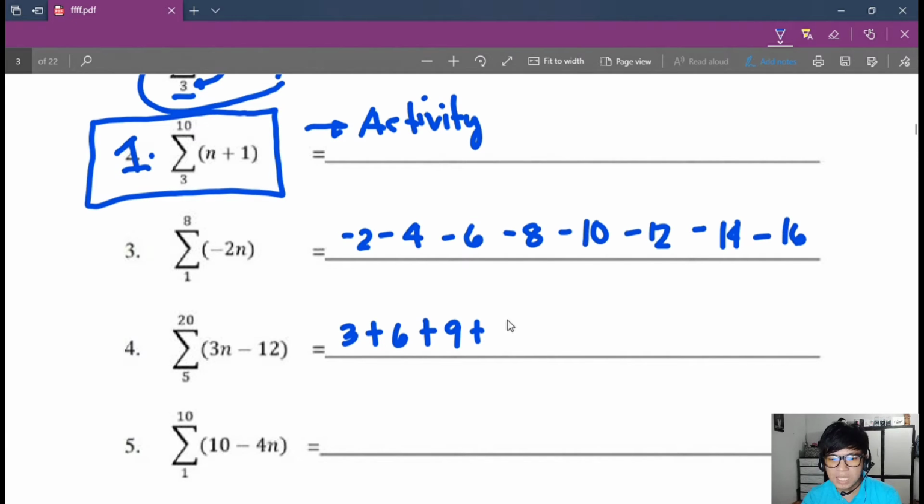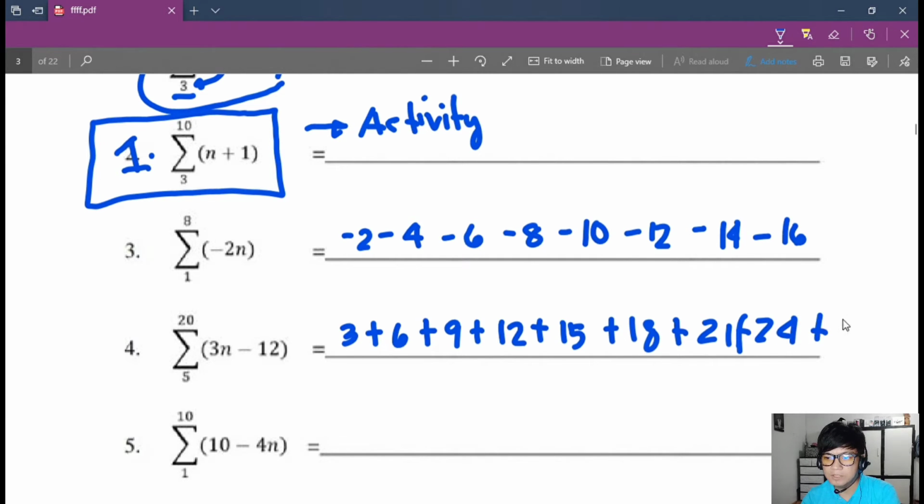That is 3, 6, 9, 12 plus 15 plus 18 plus 21 plus 24 plus 27. Ilan ba ito lahat? 5, 6, 7, 8, 9, 10, 11, 12, 13, 14, 15, 16, 17, 18, 19, 20. So 16 terms. 27, 30,